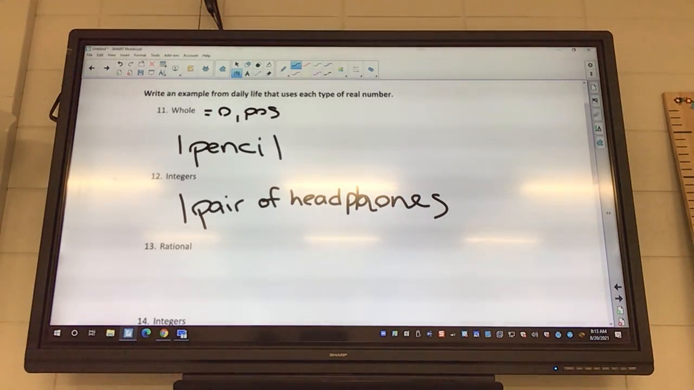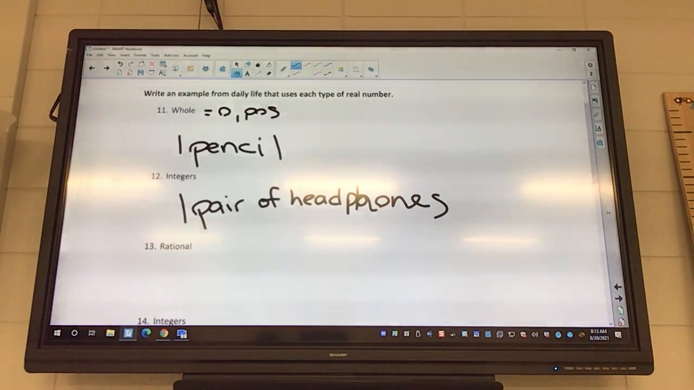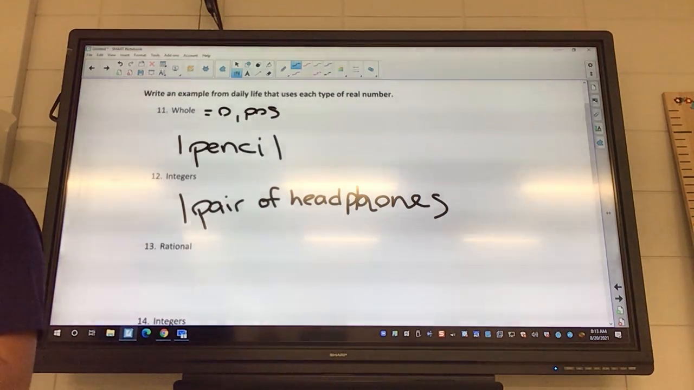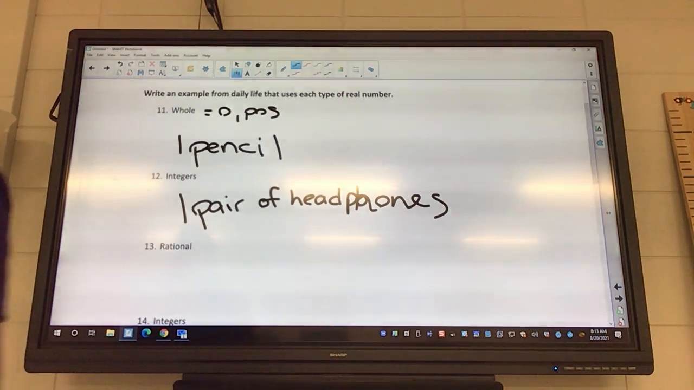Maybe you guys don't, but like when you cook. I make Kraft macaroni and cheese 500 times a week. I'll tell you right now, it takes 1/4 of a cup of milk. So that is a fraction. So you could say that